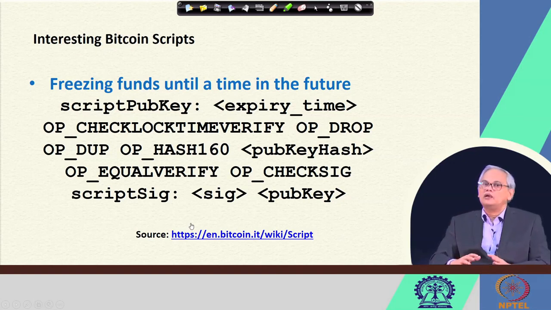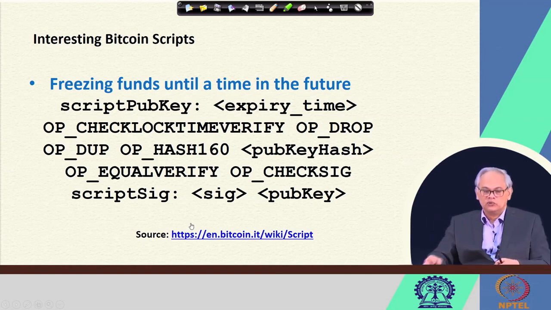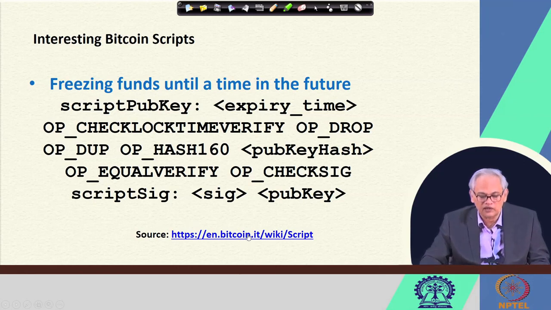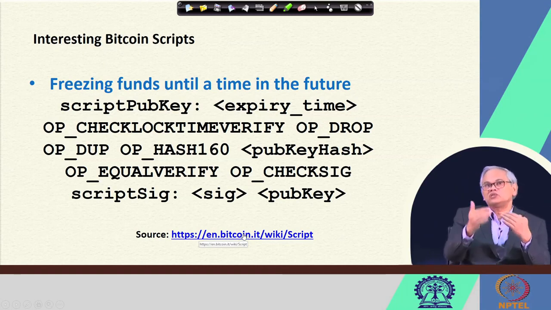and if the system time is not after that, then it will return false and no further processing would be done. In that case, if it was from Alice to Bob, Bob will not be able to claim those. In fact, you can see that, and of course, if it is after that, then the normal